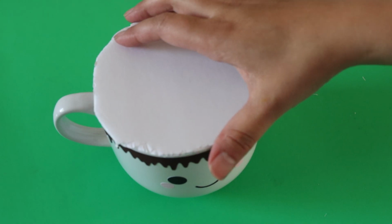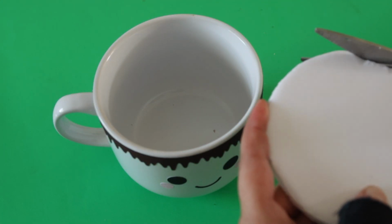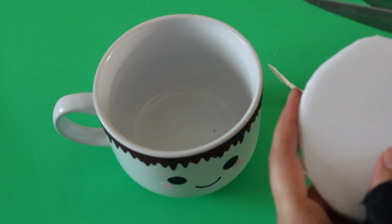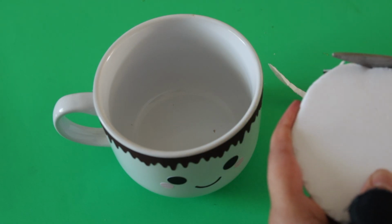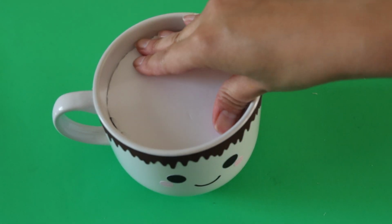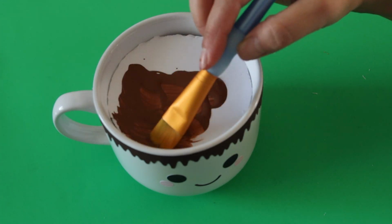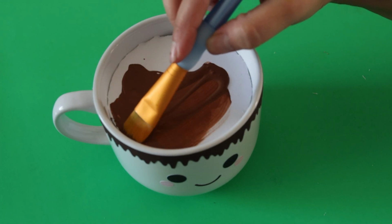Cut it a little bit smaller so that it can slide into the inside of your mug. You don't want it to be too much smaller, just enough that it can go inside of it, but not so much that it doesn't fall to the bottom of the mug. So for the first one that I did, I just painted the foam board a brown color, and then I